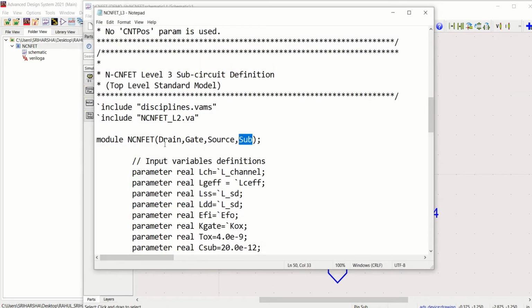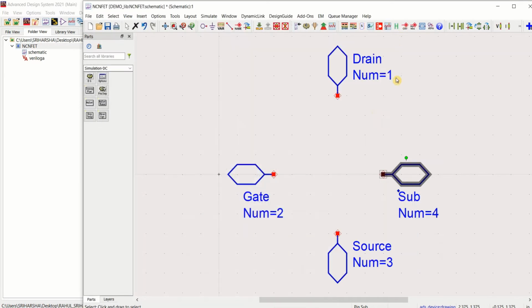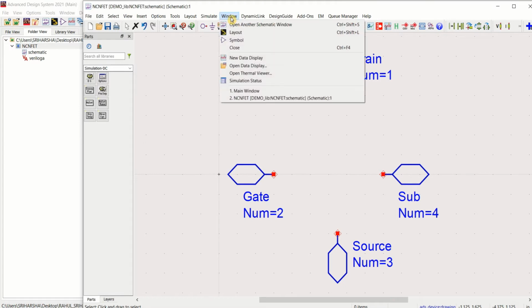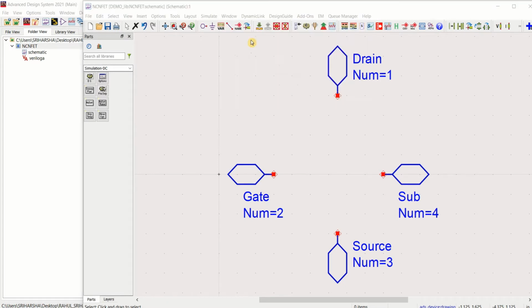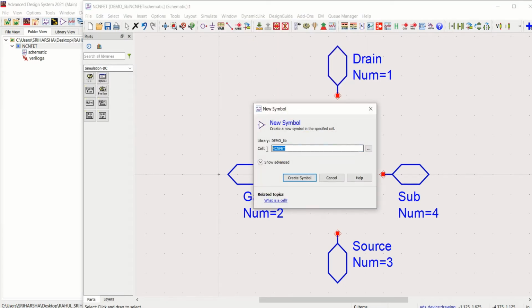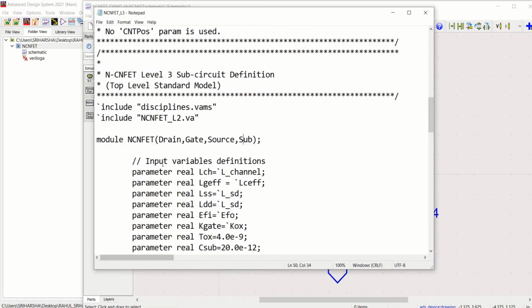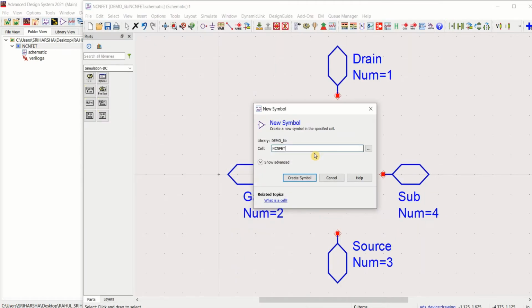The same names: drain, gate, source, substrate. Once this is done, you need to create the symbol for this. To create the symbol, you can go to Window, Symbol. The cell name of the symbol view is also the same as specified in the module NCNFET. Click on Create Symbol.